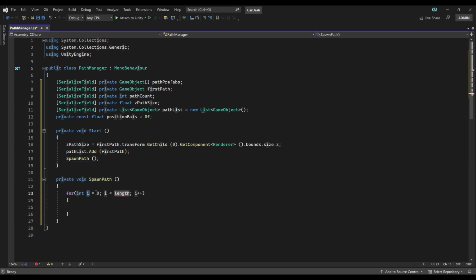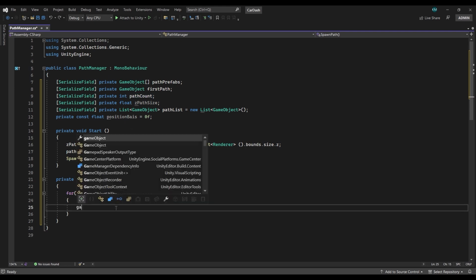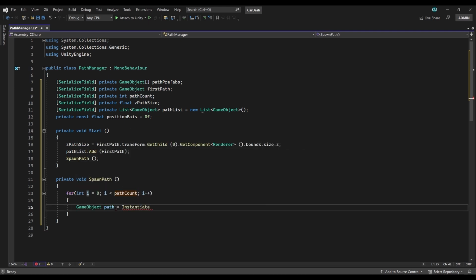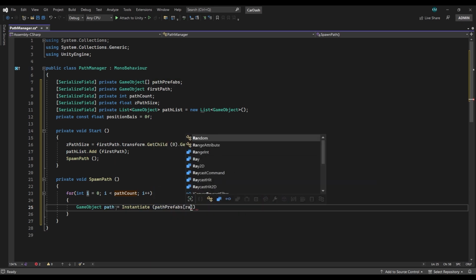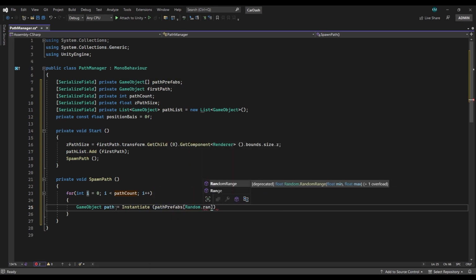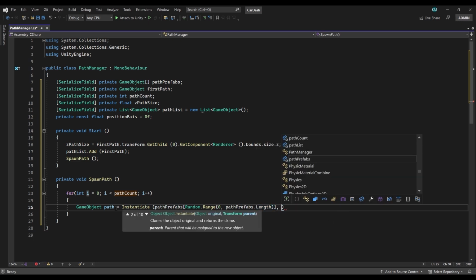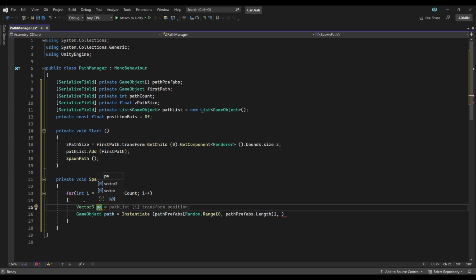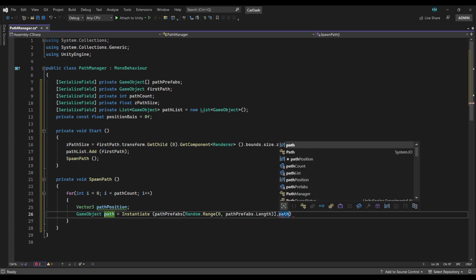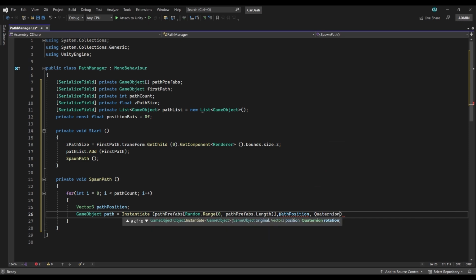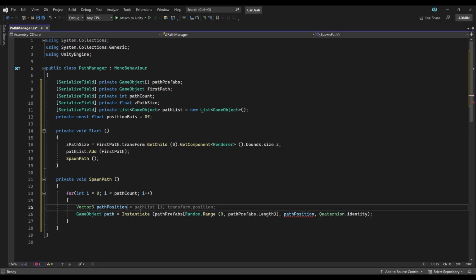Inside the SpawnPath function, create a for loop. Replace the loop length with pathCount. Create a GameObject called path and set it to Instantiate pathPrefabs[Random.Range(0, pathPrefabs.Length)]. Create a Vector3 variable called pathPosition and set its position. Add Quaternion.identity as well. So now calculate the pathPosition as